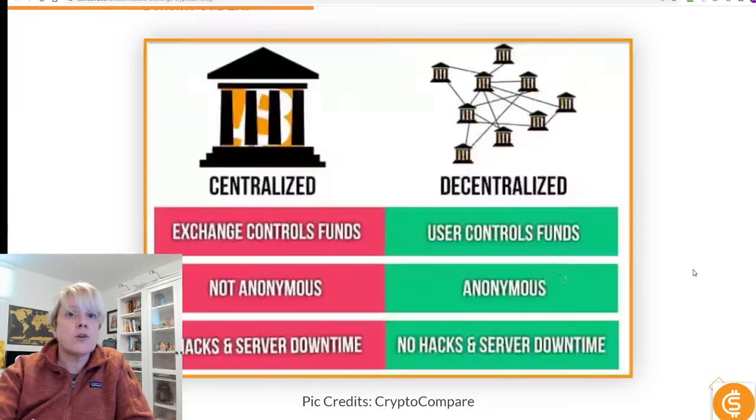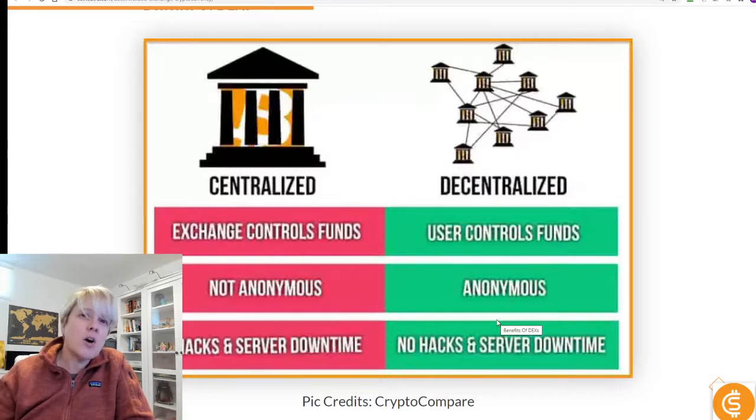So let's go over it again. In a centralized wallet, you have easy access to your funds. The liquidity is really high. It's super popular. It's user-friendly, and it's really easy to use. So that's a great way to get into crypto. In a decentralized wallet, it's actually way more secure, but your liquidity is not as easy. It's harder to manage it. It's harder to get around.